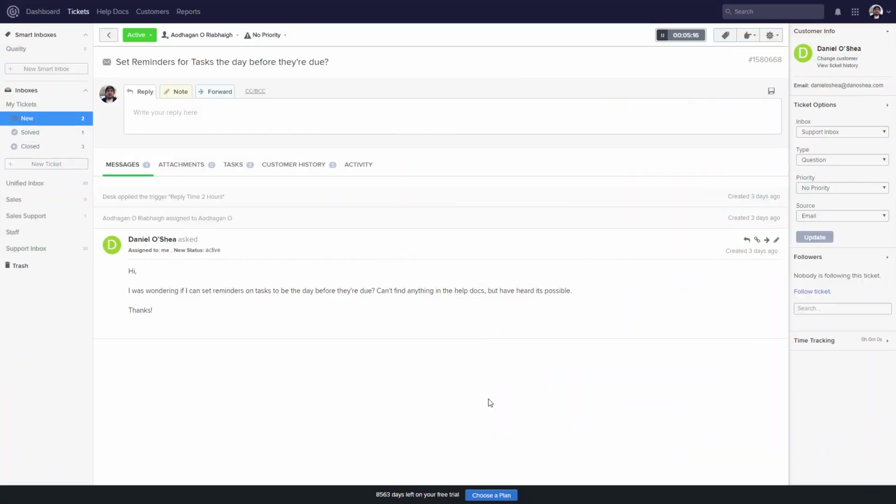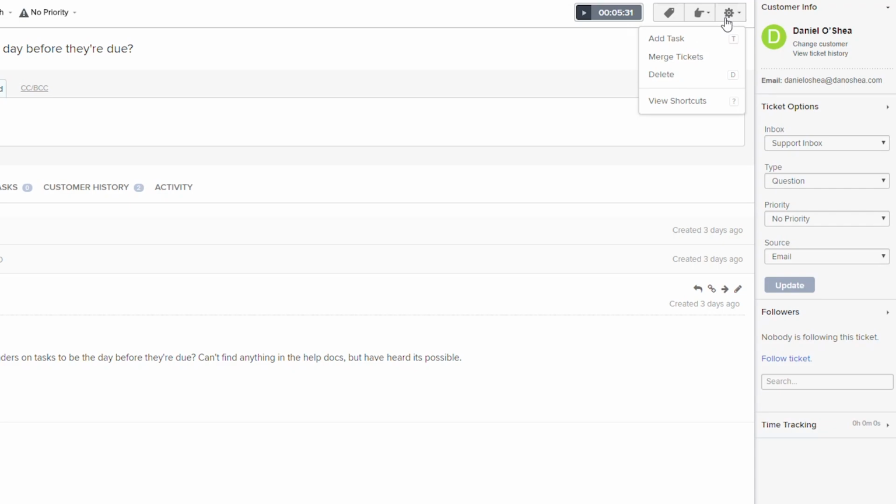Teamwork Desk and Teamwork Projects integrate seamlessly, allowing you to easily create tasks in Teamwork Projects from a ticket within Teamwork Desk, and doing so is really easy. So here we are in a ticket in Teamwork Desk, and if we want to add a task in Teamwork Projects for this ticket, all we have to do is select the settings cog up here, and then select Add